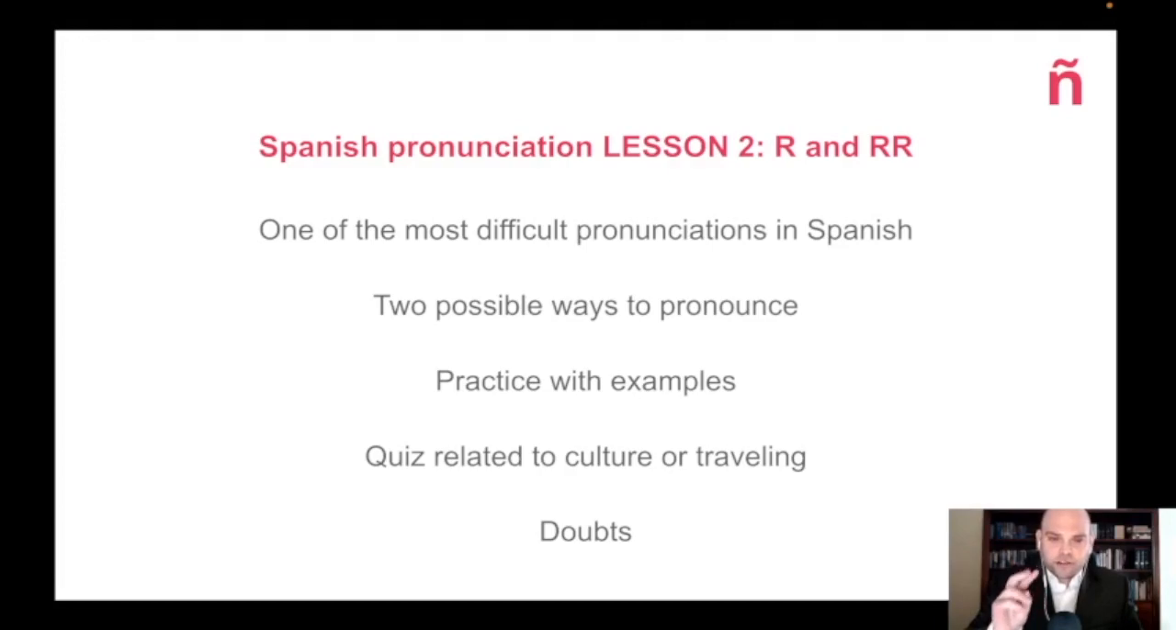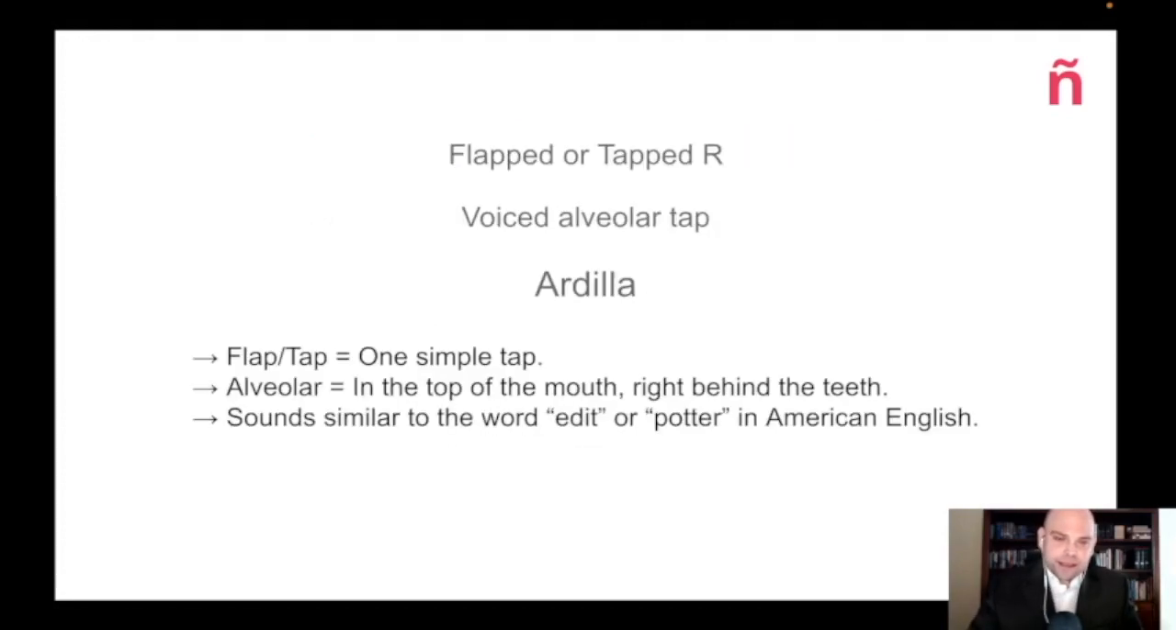So we're gonna learn that there are two possible ways to pronounce these two letters or combination. Then we're gonna practice with some examples, and then our usual quiz related to culture or traveling, and ask you for doubts. So we start with the flapped or tapped R, whose technical name is voiced alveolar tap,